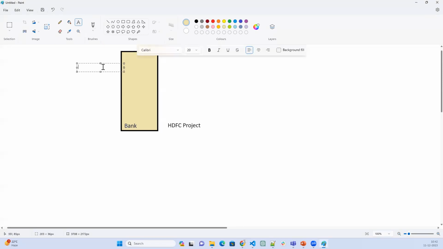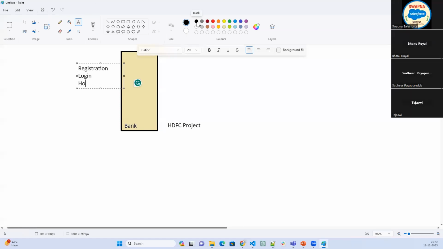Let's say I have to implement multiple screens: a registration application, then a login screen after the registration, and then the home screen. And there are some activities which happen. Let's assume that. Now let's take a scenario here. We have already implemented